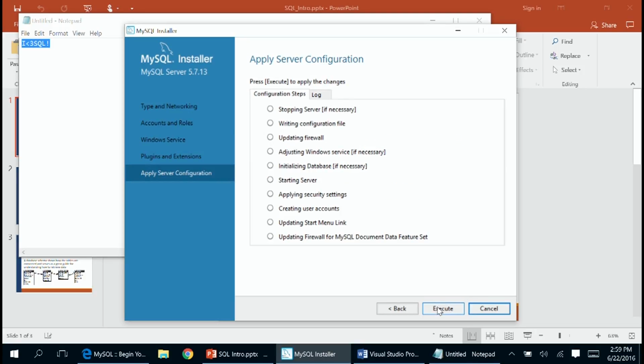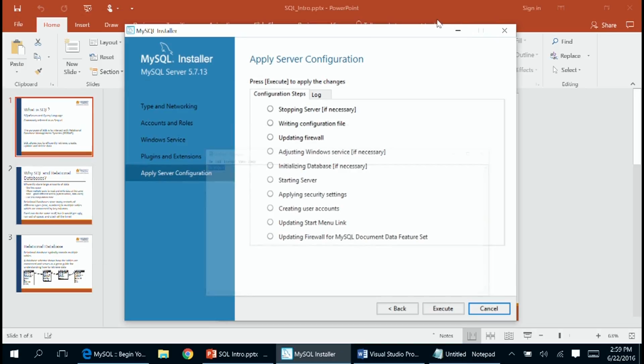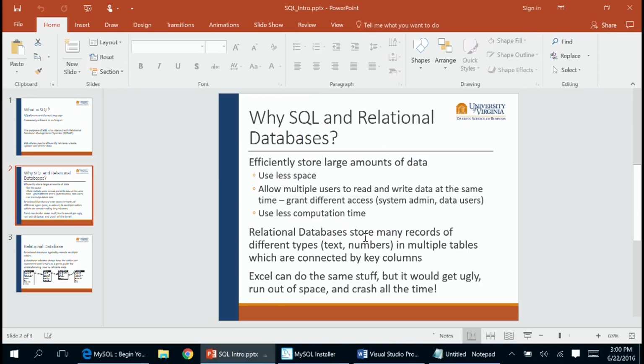But at this point, we have our second break here. I'm going to save my password, hit execute, and jump back over to the second slide in our presentation. Okay, so while that's installing, let's talk a little bit about why we use SQL and